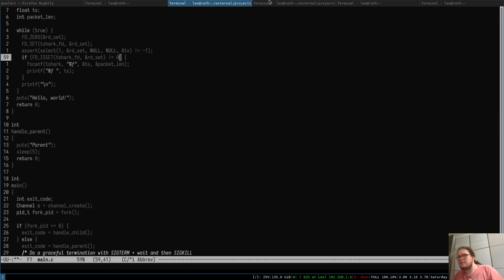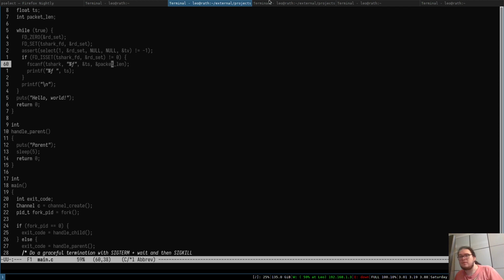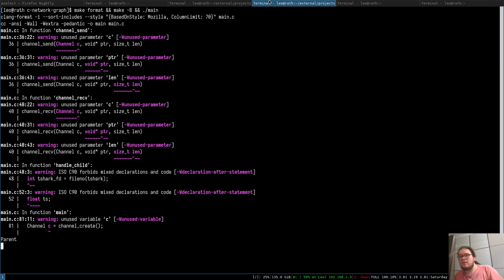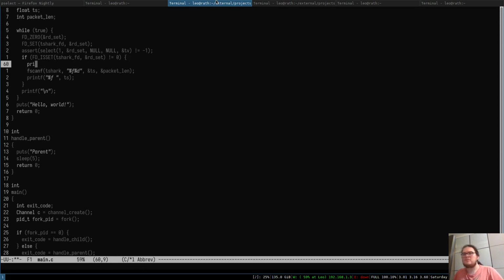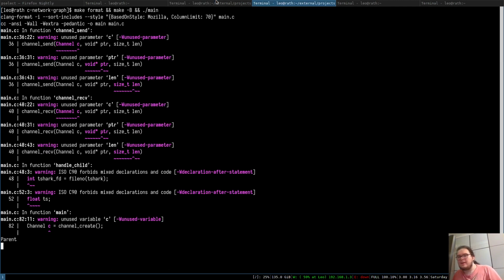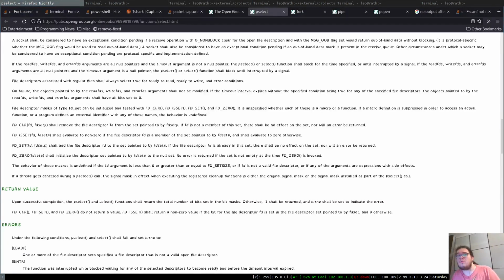That's still not equals 0. Right, it still doesn't work. Well, that might be... Just work. Let's print something, anything. Okay. So according to select, it's never readable, or